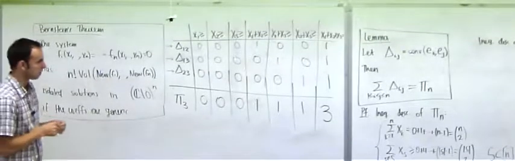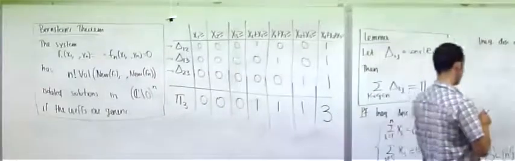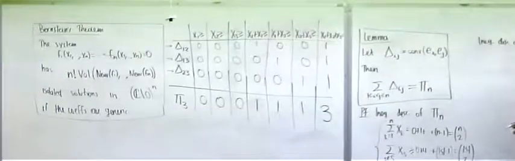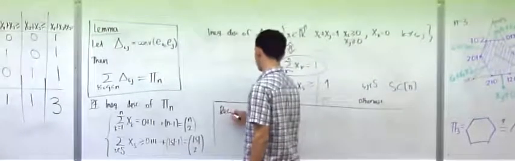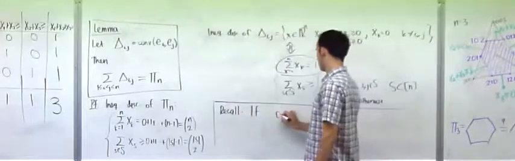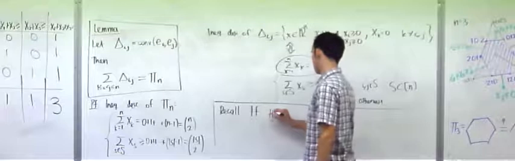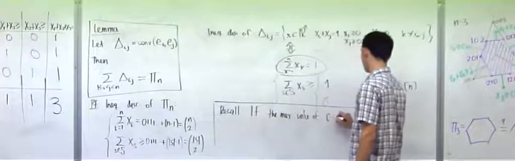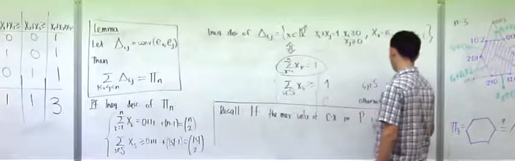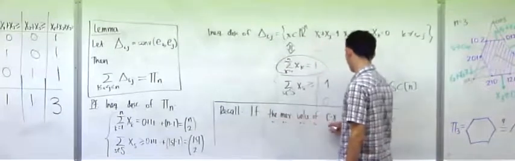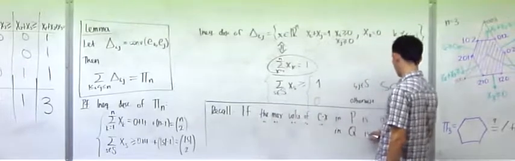And actually, once I say it like this, it's easy to see, because one thing that you should remember, and we proved it last time, is that if the maximum value of a linear function c dot x in a polytope P is, let's say, a, and the maximum value of the same function in Q is b,